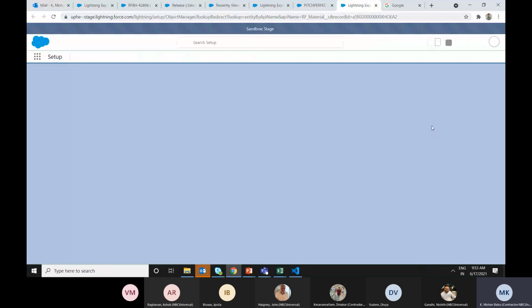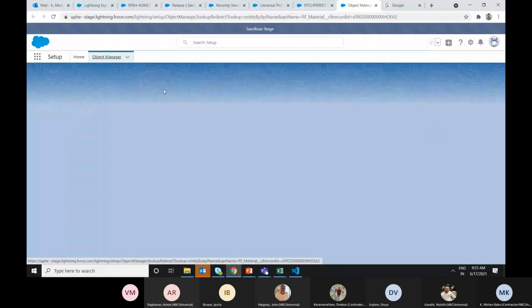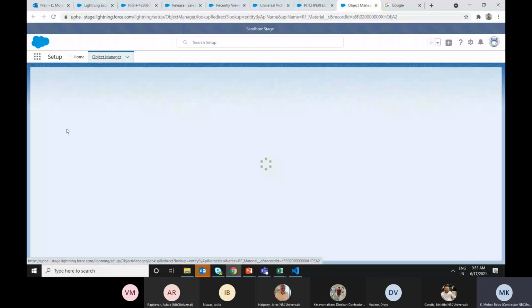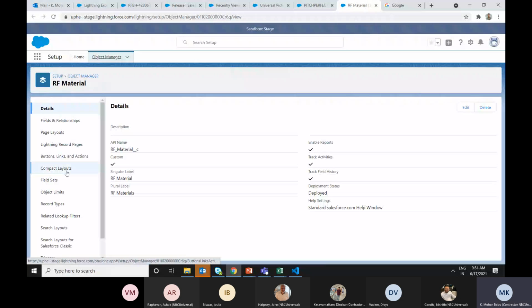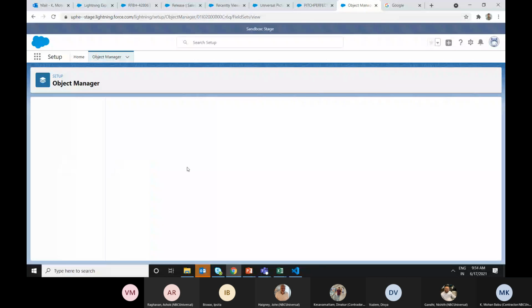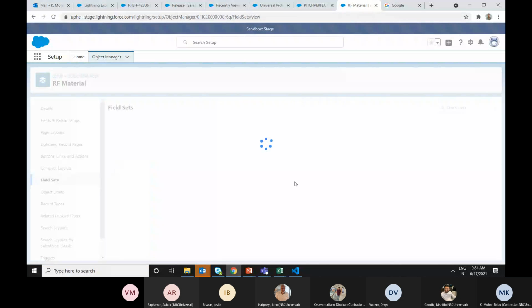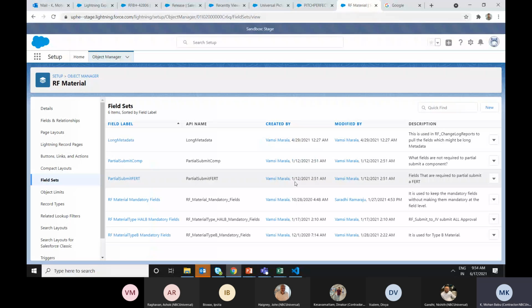If all the fields are available, you can see here, these are the field sets. For the full submit, we have defined some fields under this field set. If all the fields have a value, then we perform the full submit.